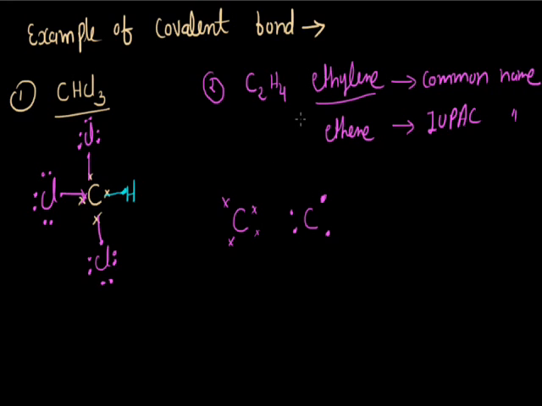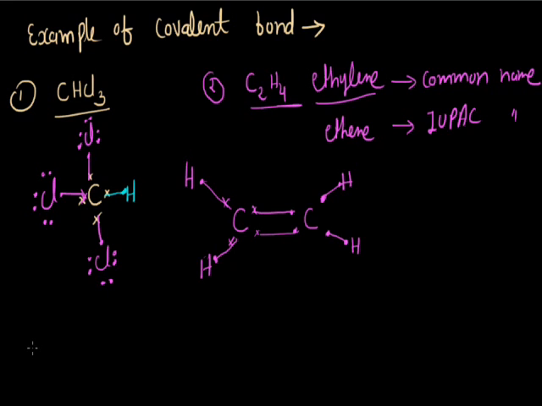And we have 4 hydrogen atoms, divided equally, so 2 on this side and 2 on this side. We know that hydrogen has only a single valence electron. First, these 2 electrons are shared between the 2 carbon atoms. After that, sharing of this type, and now this type. So both carbons complete their octet and the 4 hydrogens complete their doublet.